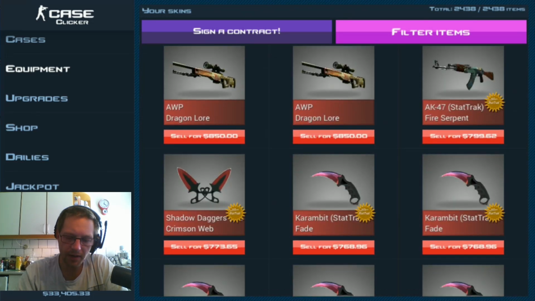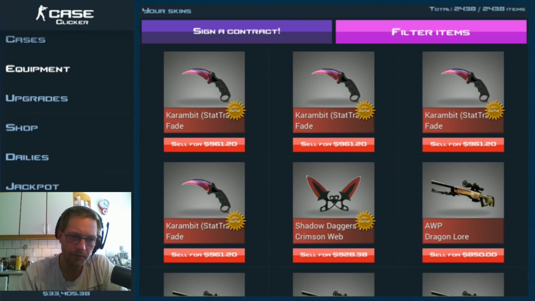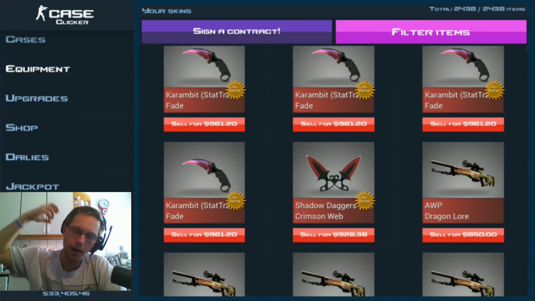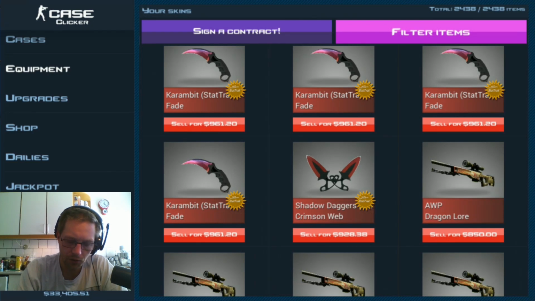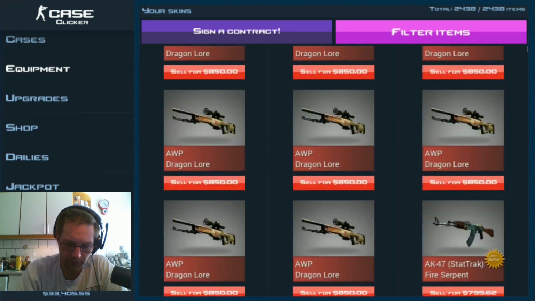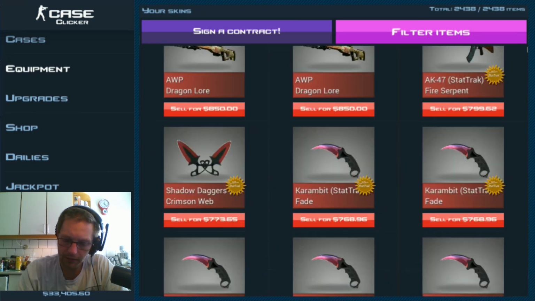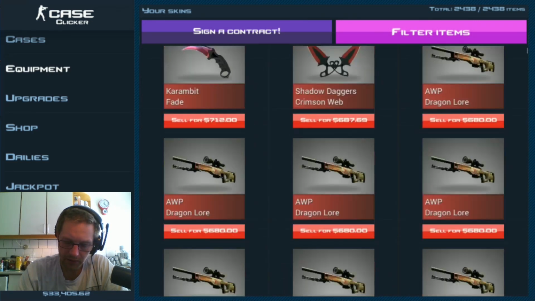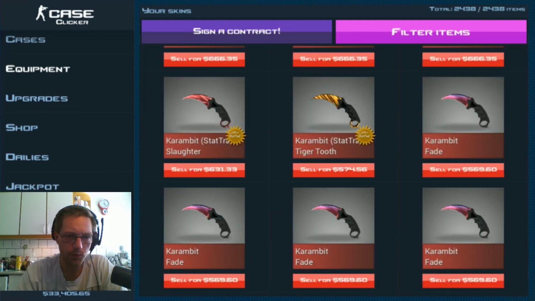Do you guys have new Shadow Daggers that are worth more than the Karambit Fade? Because I'm really curious about these new items. I hope to see a new high-end item, something replacing the Karambit Fade in terms of being crazy pants, but I mean, the Crimson Web there is pretty close. Let's just be honest about it. Holy, and all sorts of weird words. That was